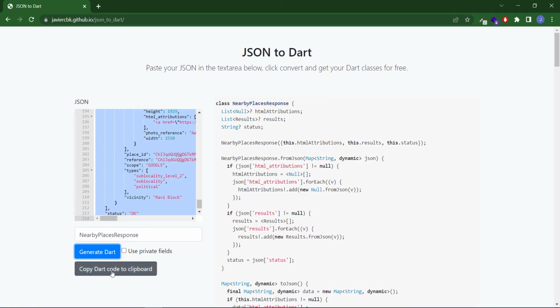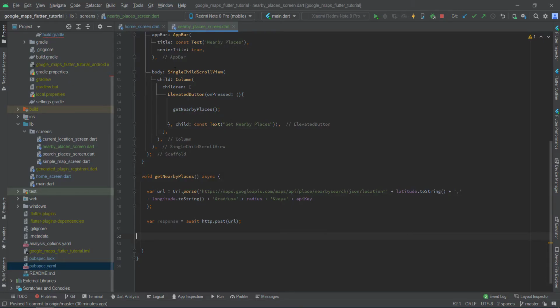It will generate a Dart file for you. Just copy Dart code to clipboard, go to your Android Studio again,